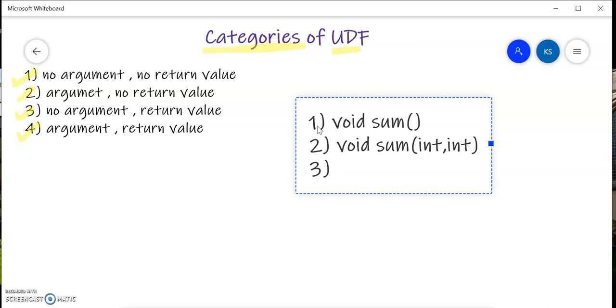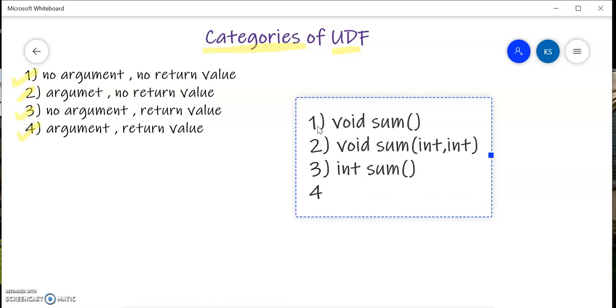This return value can be anything, let's say integer, but no argument. It means there are no values inside the parenthesis. And fourth is argument as well as return value, meaning int sum and some parameters. Those parameters can be anything, right?